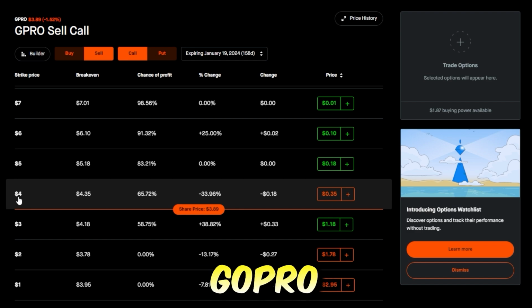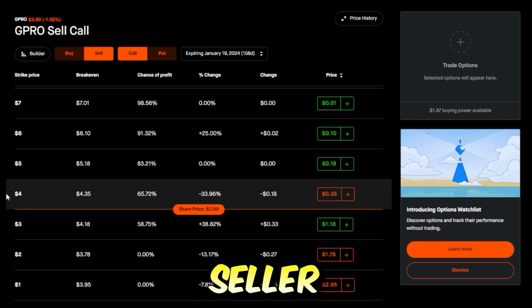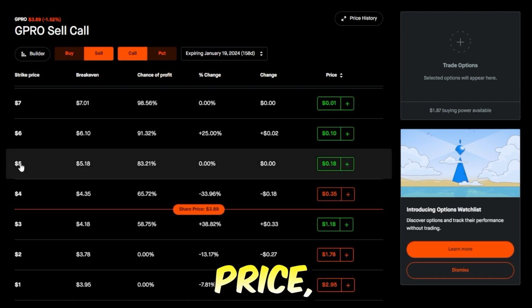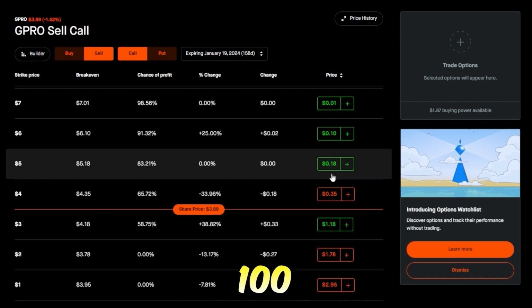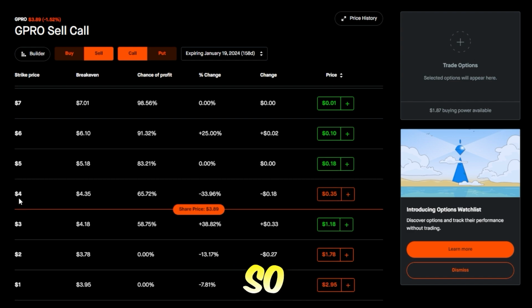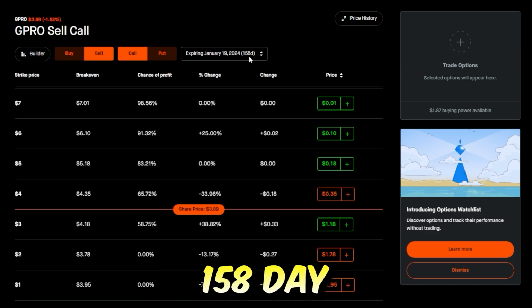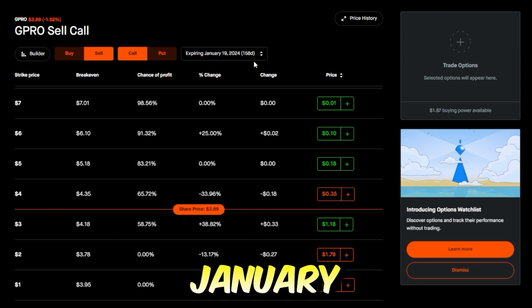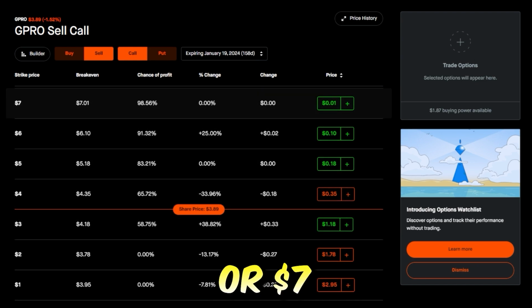which means in theory that if GoPro did move up in price and the shares got called away, you as the call seller would earn $1 per share from your share price cost basis to the strike price, which is $100 of profit. Plus you would earn 18 cents times 100, or $18 of premium. So if you bought GoPro at $4 and you sold a covered call at a $5 strike price for a 158-day expiration date of January 19, 2024, and if GoPro went up to $5.50 or $6 or $7 in between,